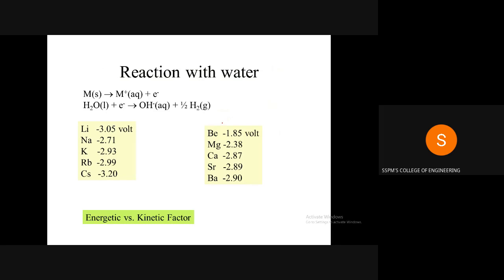Then reactions with water. Alkaline earth metals also react with water. Similarly for the